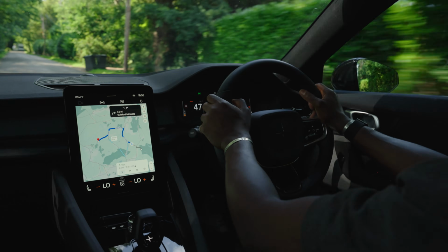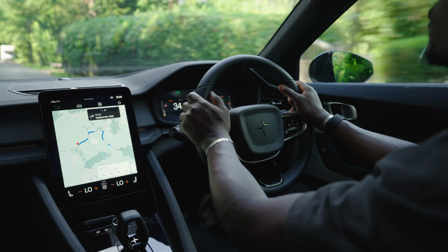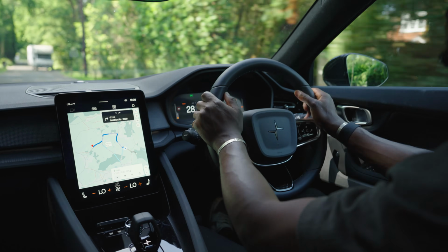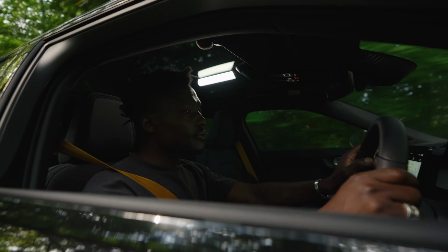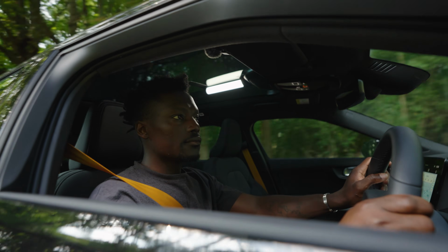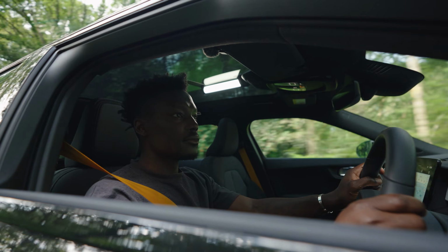In terms of the powertrain options, we have standard range and long range options. The standard range has a single motor with a 69 kWh battery, whilst the long range options have an 82 kWh battery capacity. The single motor standard range option has rear wheel drive. Like I said, everything is rear wheel drive apart from the long range with the dual motor. So this standard range single motor has 272 horsepower or 268 brake horsepower, gives you 490 Newton meters of torque and 0 to 60 in 6.2 seconds with a 127 miles per hour top speed, and we give you a WLTP